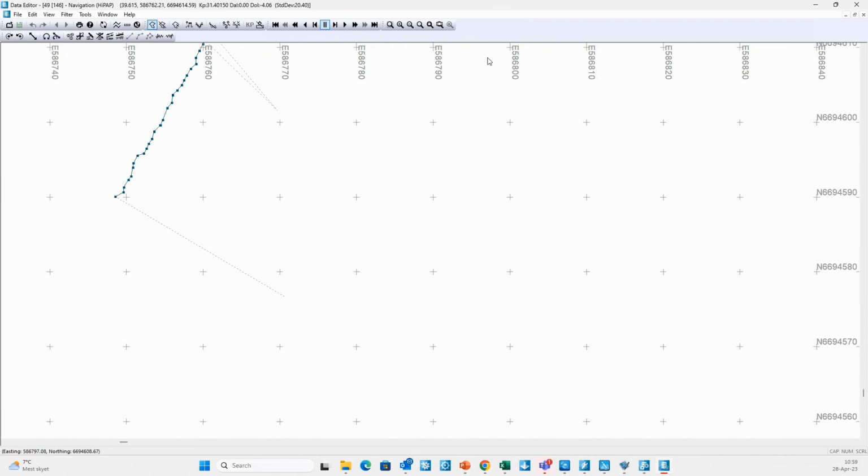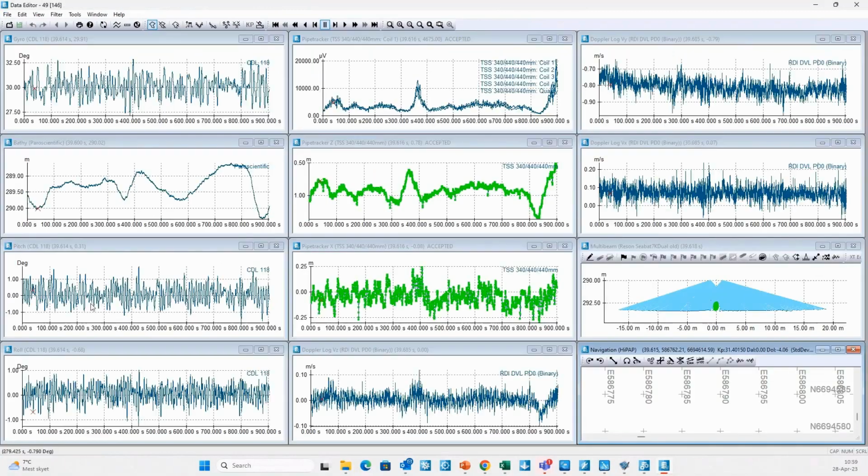I will save, pressing the save button here. That is writing back to the database. And then I will actually